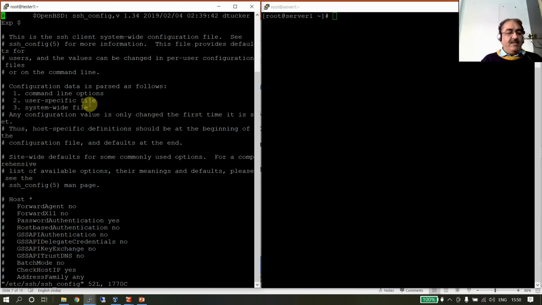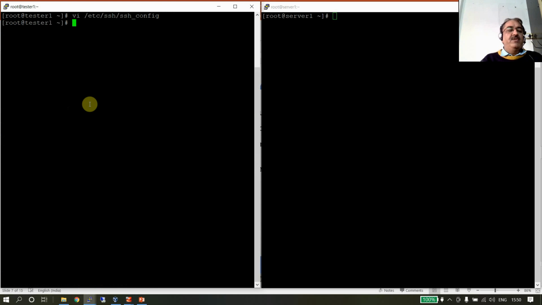These are the comments. Let me suppress the comments and show you the important lines without comments. For that I can simply use grep -o, with the line beginning with not hash, followed by any number of characters, and the file /etc/ssh/ssh_config. I'm reading as I'm writing.